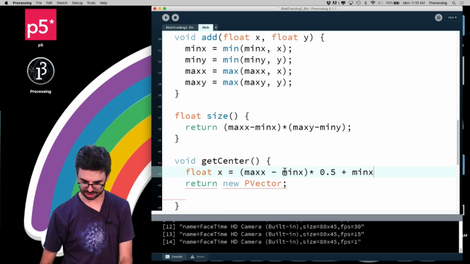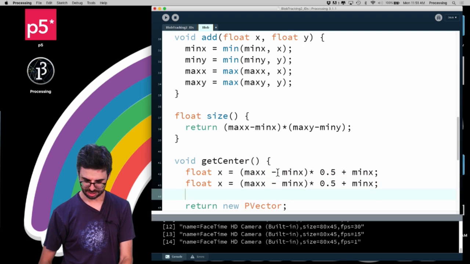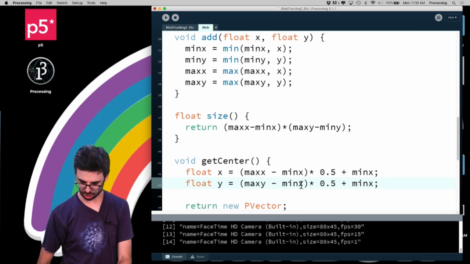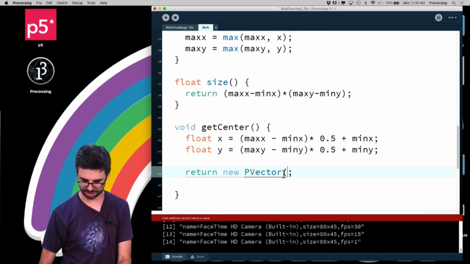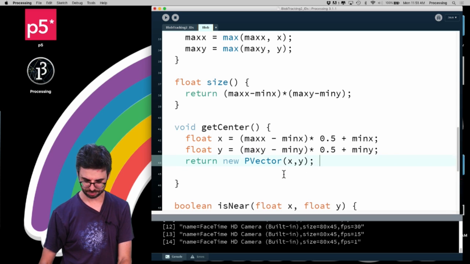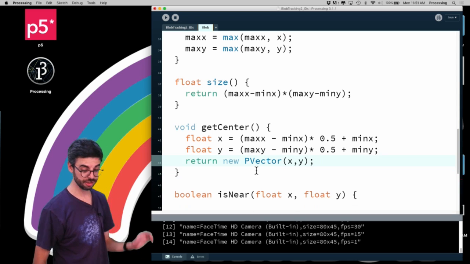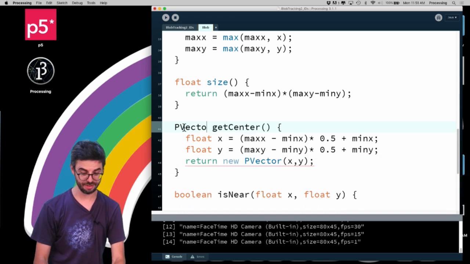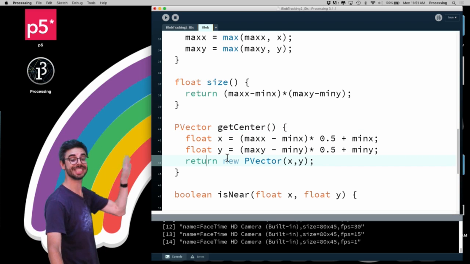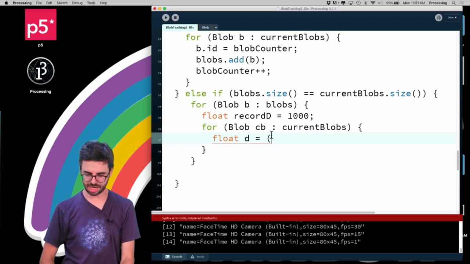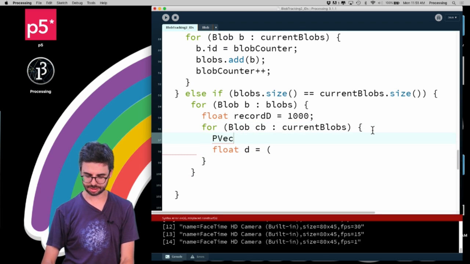This is the x, and this is the y. This is turning into a rather long video, and I'm going to return a PVector x, y. So I think I'm going to need this quite a bit. So this is just a function, and it should return a PVector, not be void. That just gives me the center of the blob whenever I want it, because what I want is